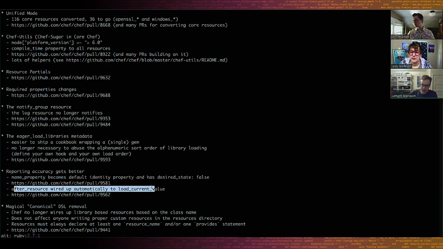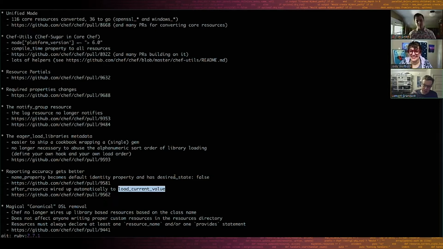And then you get that the current value was loaded first, the after resource was loaded last, and then you can just diff those, and you get all the differences that were actually made. Oh, nice. If people use load current value, that automatically populates the current resource and the after resource based on the code there, because it's the same problem. So it will just happen for free and nobody will know what's going on, and then reporting will be correct. You get that for free. You don't really have to do anything.